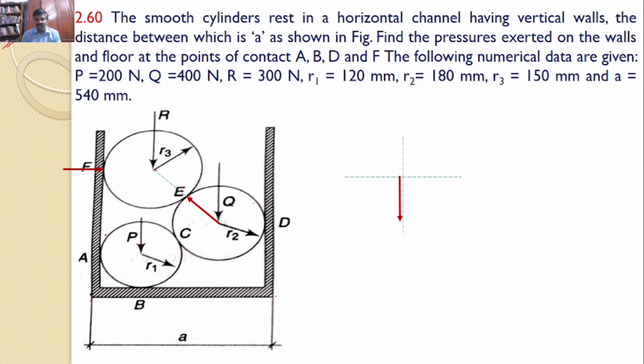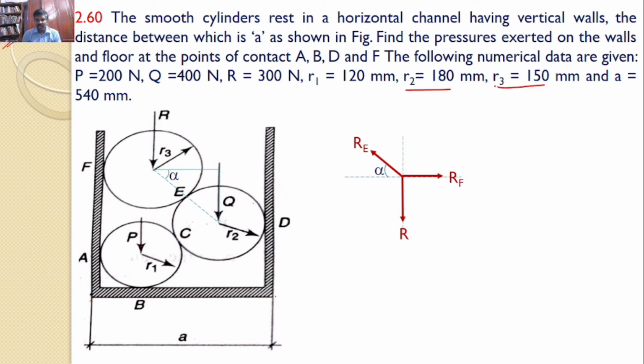Now, let us transfer all these three forces onto a separate XY plane. First I transferred the weight R. Next, I am transferring this force, let's assume that force is RF. Next, I am transferring this force and let us assume that reaction force is RE. Our interest is to find the angle made by this RE with either horizontal or vertical. For that, let us construct a horizontal line here. Let this make an angle alpha, hence this angle is also equal to alpha.